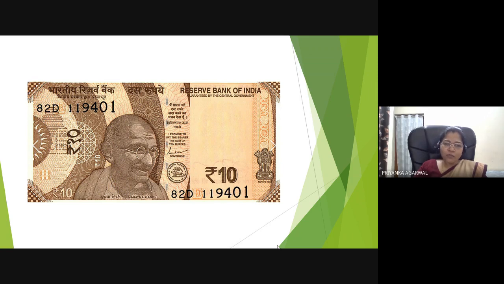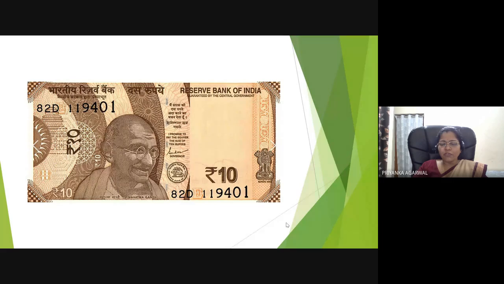So later on, when there is a further requirement of money, the base is kept as gold, and then the value of that is changed further. Suppose earlier ₹1 was equal to one unit of gold, and now for more money to be issued, the value of the gold has to be increased. This is how it creates a problem, because there is a limited amount of gold. So later on, I think in 1970s or 73, it was abolished.